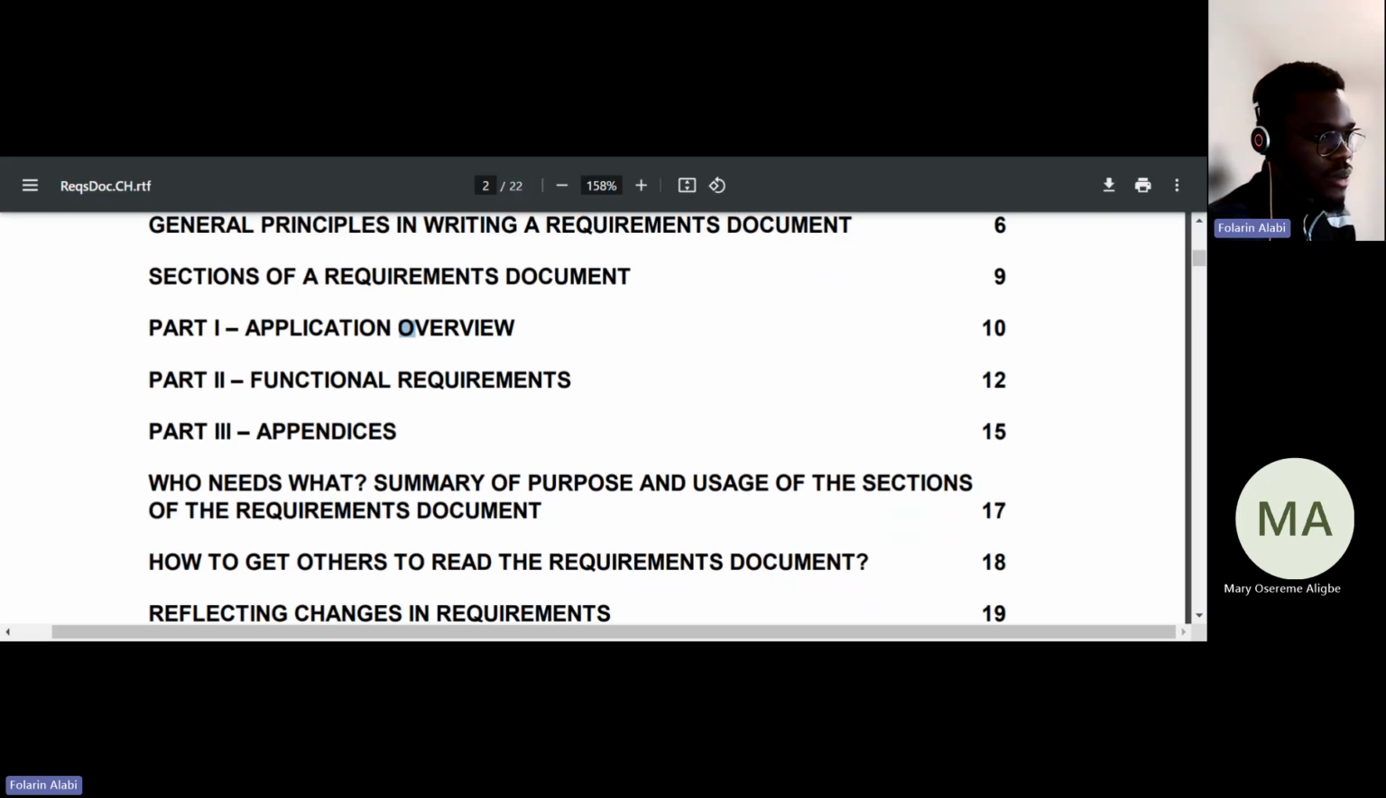Not last week, last week. And we're going to be talking about the functional requirement itself, which is the juice of everything. And then